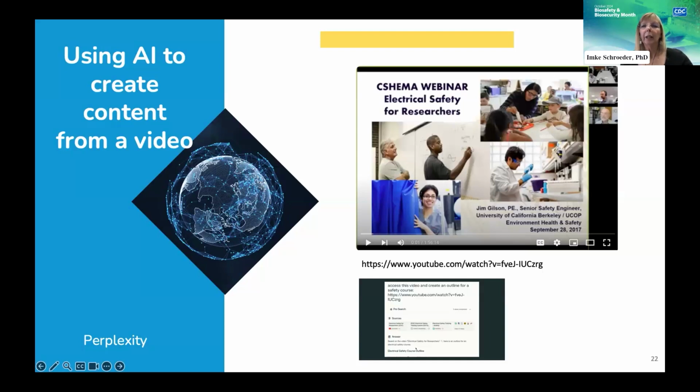So I'm going to now use Perplexity to create a video outline for an electrical safety training. But you can also use the videos or PDFs to have them summarized and to create potentially fact sheets or other materials that you need.